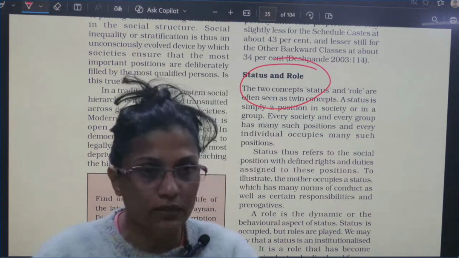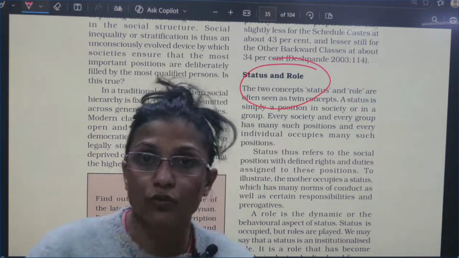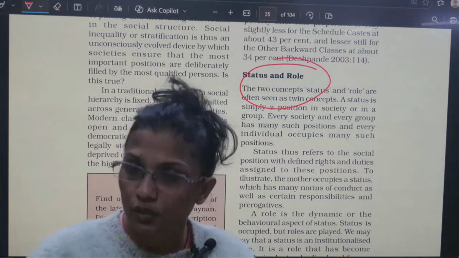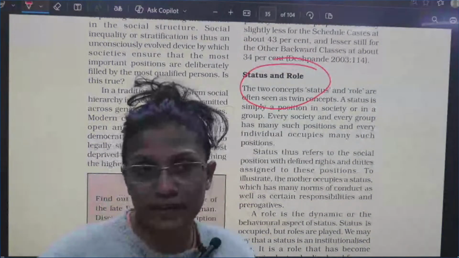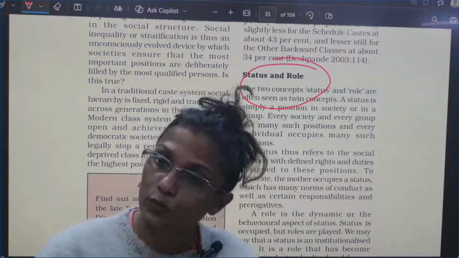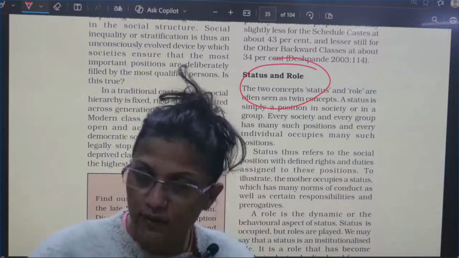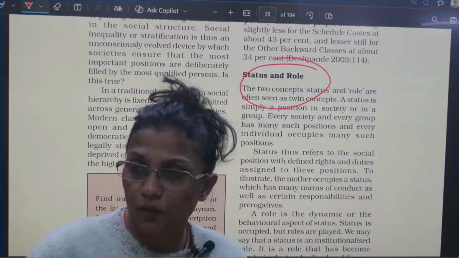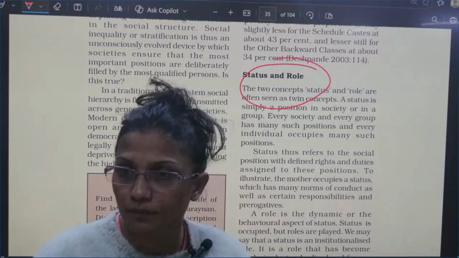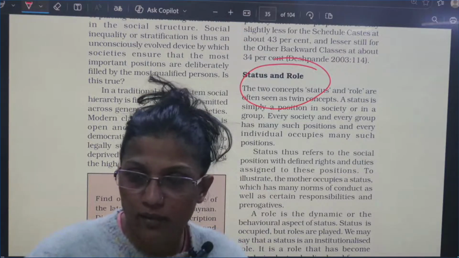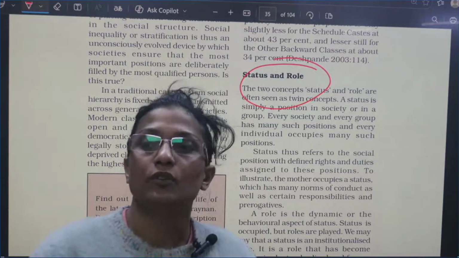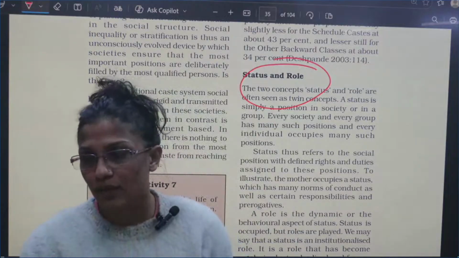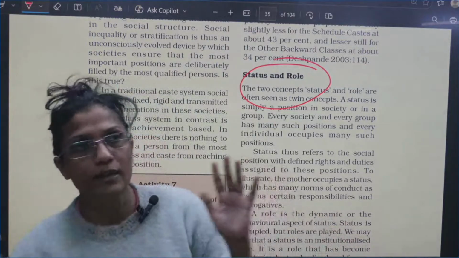You can be a brother and you can also be a student. And then there will be a conflict. I can be a mother, I can also be a teacher. So it's a conflict sometimes. Which role you need to emphasize on? Okay? What you people have to do? So there are multiple statuses we have and multiple roles. Do write down this quickly.